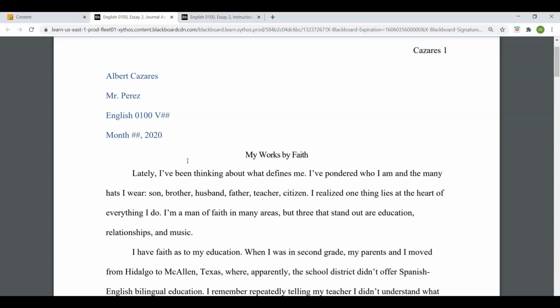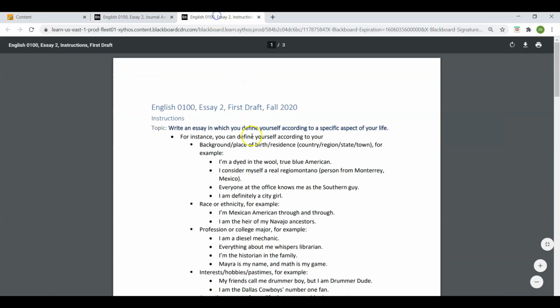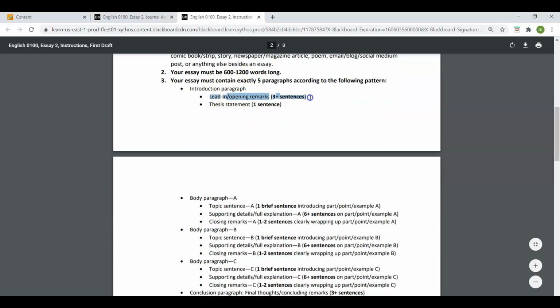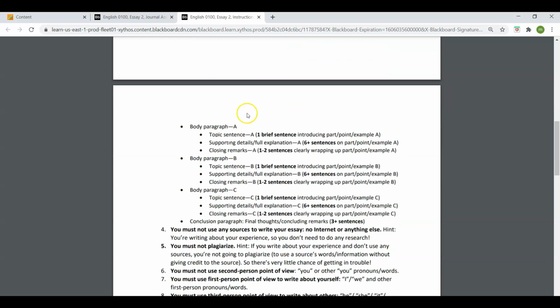Now, there are requirements. There are requirements. The requirements are that, some minimums, right? The lead-in must be three sentences, and after those three sentences, there must be one sentence, only one, that is a thesis statement. Okay, that's for the intro. For the body paragraphs, they're all the same. There should be a brief topic sentence, like the main idea sentence for that paragraph, followed by six or more, but minimum six sentences. A sentence ends in a period, unless you're asking a question, in which case it ends in a question mark. Okay, but sentences end in periods. They're not lines, they're sentences, right?